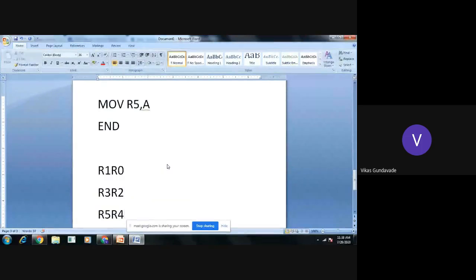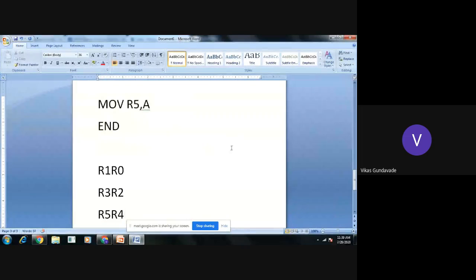Now you can take any register for making this addition. But if you take the registers sequentially, then you can easily represent all the 16-bit numbers and make the addition of these 16-bit numbers. Okay, are you getting it? Everyone is getting how this program is done for 16-bit addition? Okay, now this is the program for 16-bit addition.